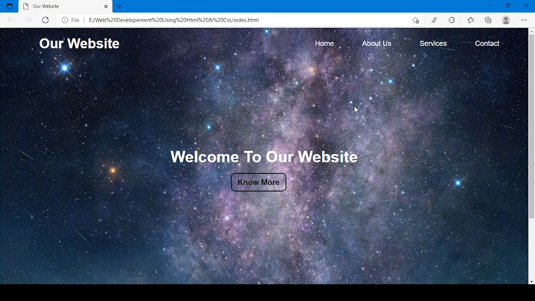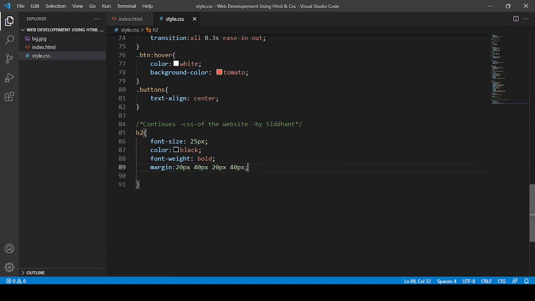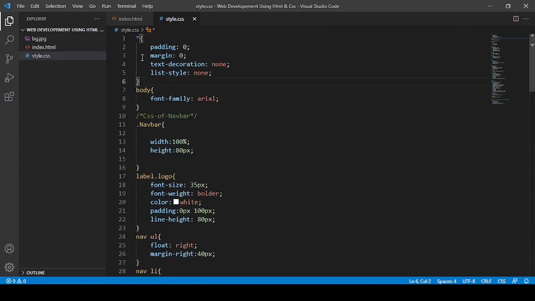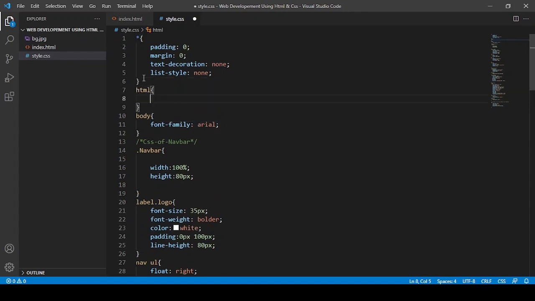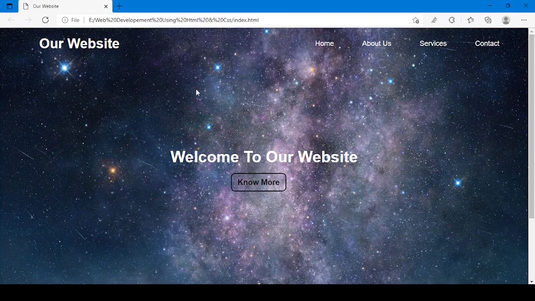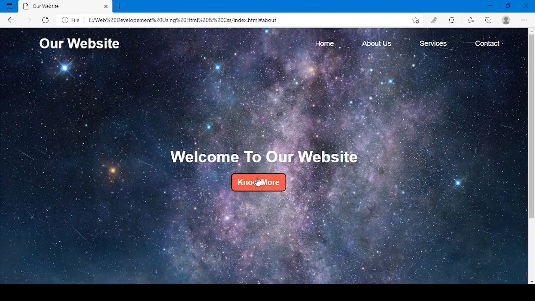So to make the smooth scrolling, just hold on, go to your CSS file, and just after this star only, you have to point HTML, and in that HTML you have to say scroll-behavior equals smooth. Only this much code, and you have to save it. Now if you reload and see, now it is a smooth scrolling. So in this way we can make the smooth scrolling.